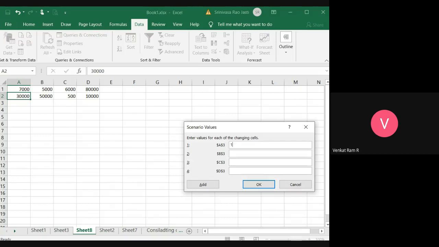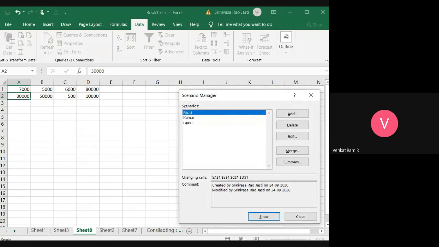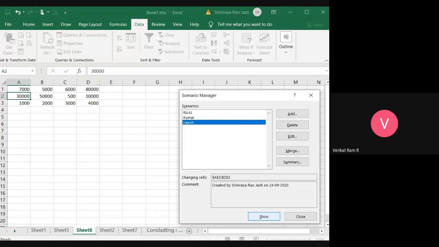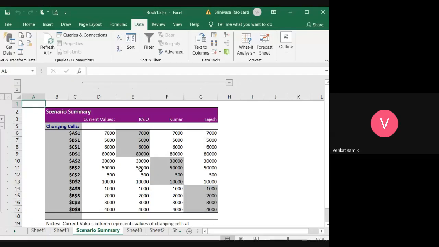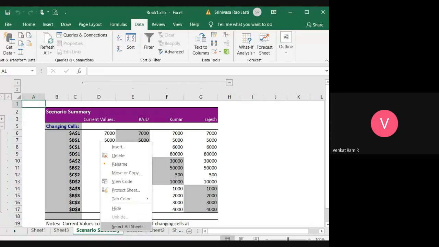Okay, now I'm entering value. 1000, 2000, 3000, 4000. Okay, now if I have to see, what I have to click on, show. See, the data is coming. Okay, so if you want to see the summary, just click on summary and click on OK. Then the new tab or new sheet will open and you will be shown. Okay.